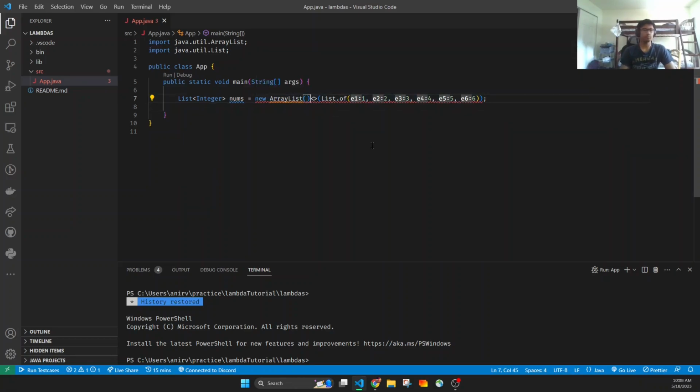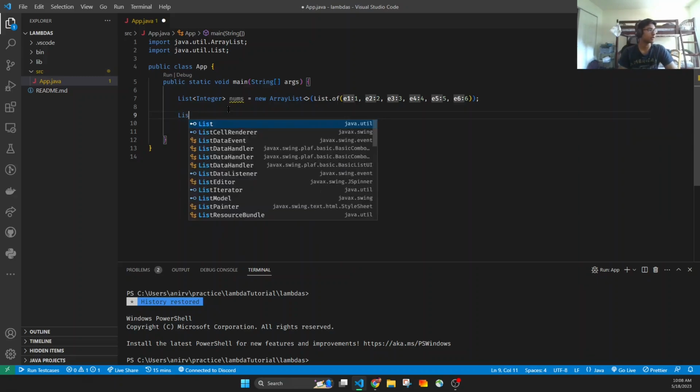Oh, okay. So now let's say we want to get another list, but instead of 1, 2, 3, 4, 5, 6, we want 1 squared, 2 squared, 3 squared, 4 squared, etc. So whatever is in nums, we want another array with the elements of nums squared. So let's do that just imperatively in plain Java code. So what that looks like is